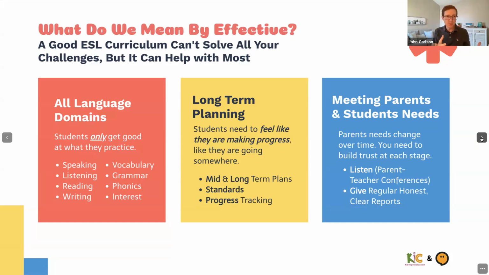So why is this important? If you have students that you're working with and they are only improving moderately in listening, for instance, and they can't speak very well, or they can't read very well, their parents are going to notice. And when their parents notice, they're going to feel like, I'm not sure what I'm paying for because my students aren't actually improving in all of these areas. I know that they need to improve in them, but they're not. So we need to show that students are making progress in all of these key areas because all of them are important. And they need to make progress in them all at the same time.